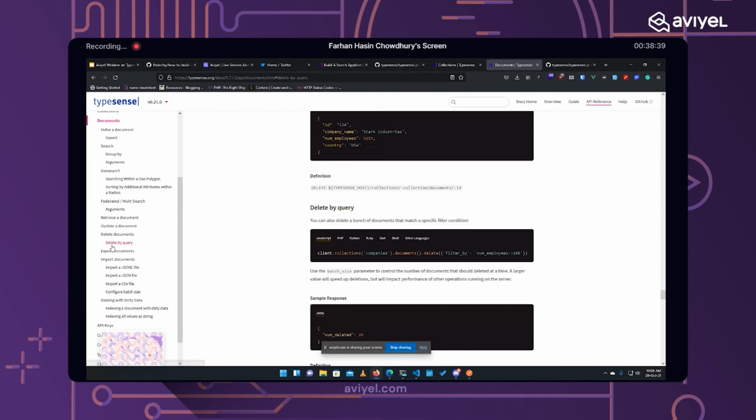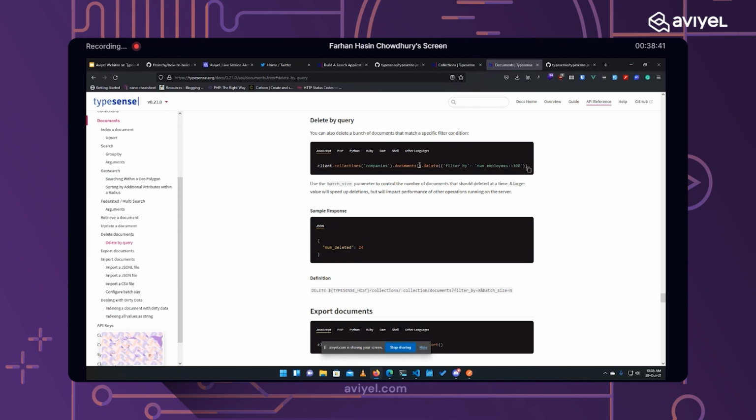You can also delete by query here. You can filter by, maybe you want to delete all the books of J.K. Rowling. Maybe you don't like her writing, then you can do that as well. You can filter by name of the author, and you can delete all of those in one go, and it will return the number of deleted documents.